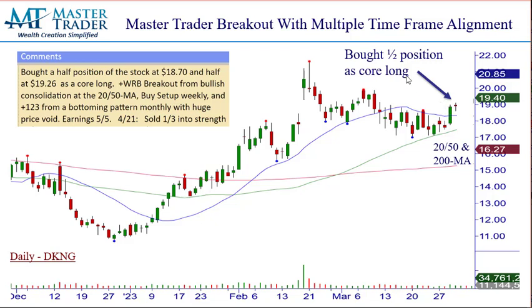So right here where the arrow is, we bought a half position of the stock at 1870 as a core long. What's the technical reason? Wide range bar breakout from a bullish consolidation at the 20 and 50 period moving average. Buy setup weekly, monthly, I'll get to that in a moment. Huge price void, showing earnings, and we're in a half lot as a core long,